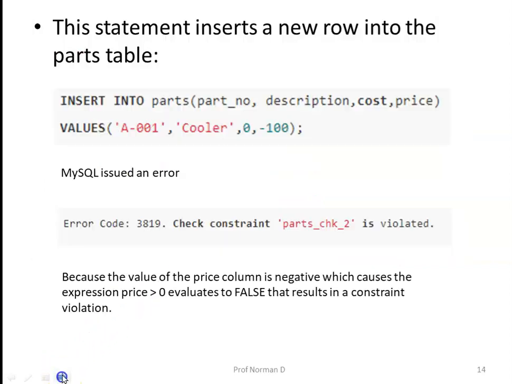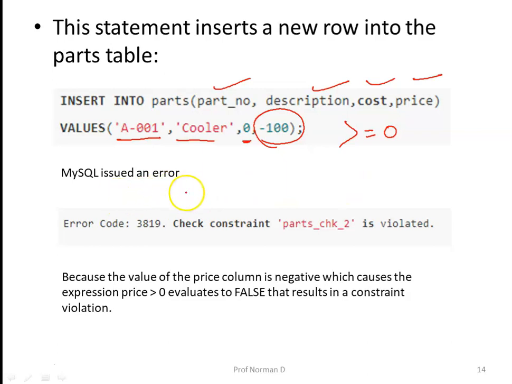Now when we are trying to make an insertion, let's look at the query. We are trying to insert a part number, the description, cost and price. In our case, the part number is A-001, the description is cooler. The cost is specified as 0 over here, whereas the price is specified as minus 100. Now the check constraint says that the cost and price should always be greater than or equal to 0.